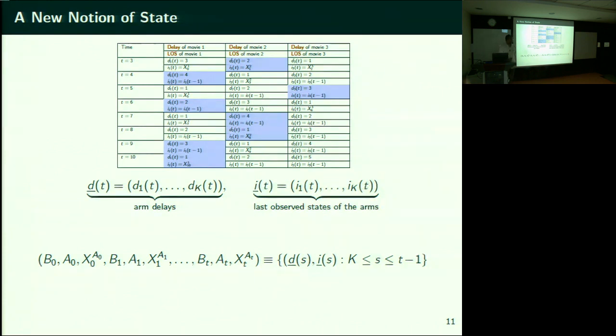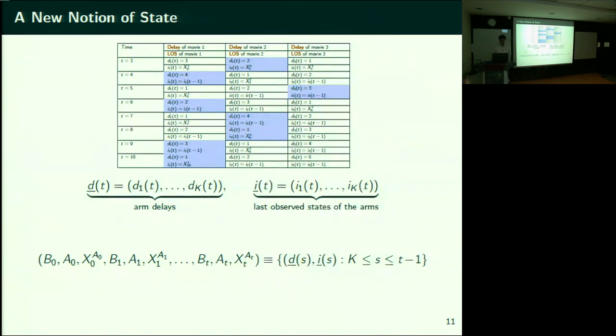And there was another query. The equivalence that you have written there. So how does it capture the BT in this? So the BT, yeah. I should have mentioned the BT. I just realized it. I was about to tell that. So just this is not enough. I need to know the BTs. This is only going to tell me the arm A_t that was selected and at what time it was selected. So in addition to this, I need to specify the BTs. You're right.